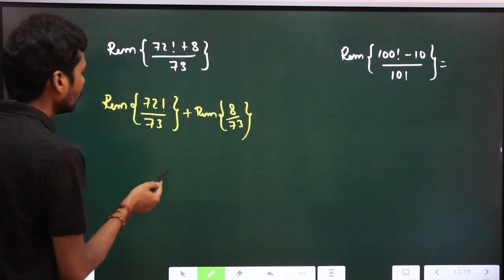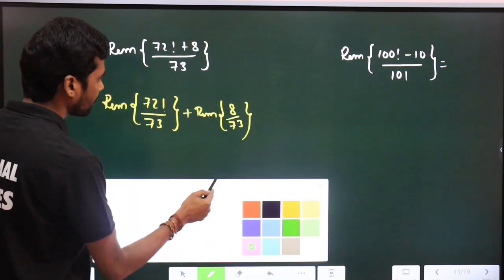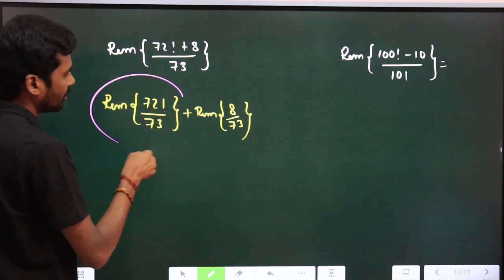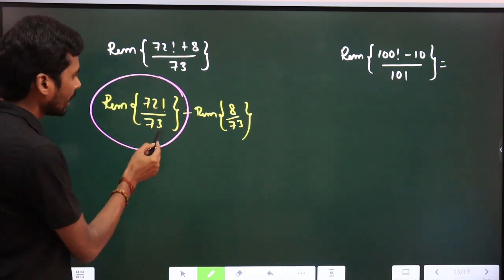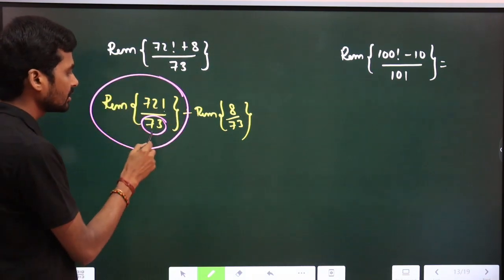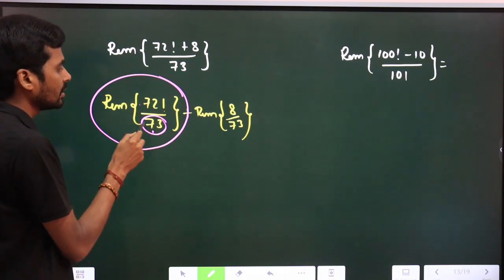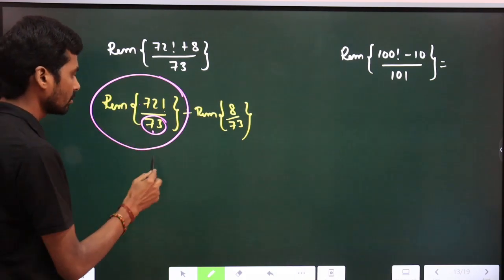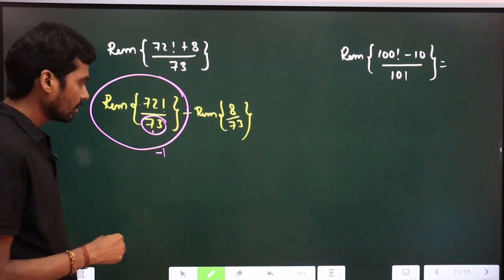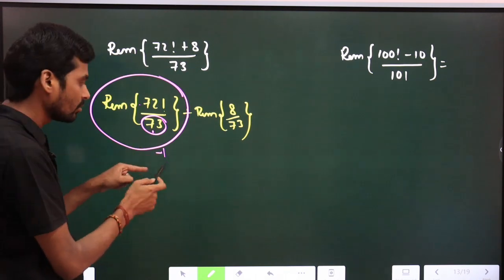Now, remainder of 72 factorial by 73: 73 is a prime number and the numerator is 1 less than the denominator, with the factorial. So minus 1 is the remainder. Minus 1 by 73 means